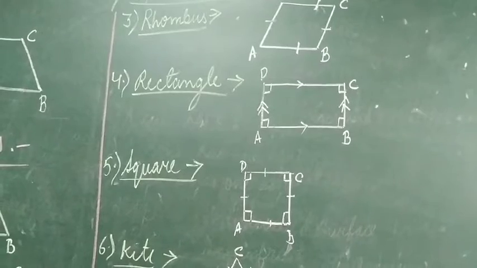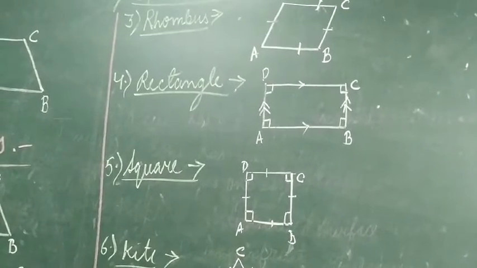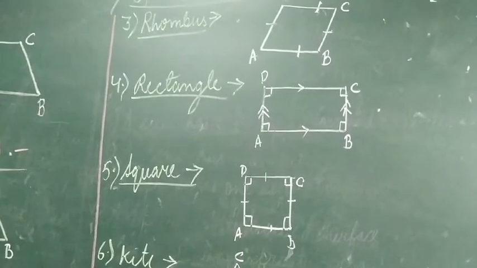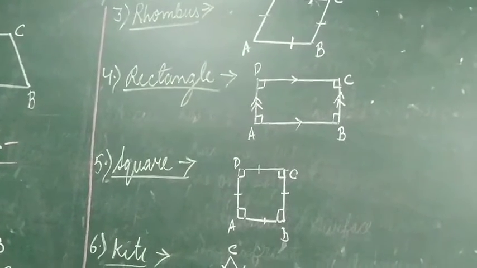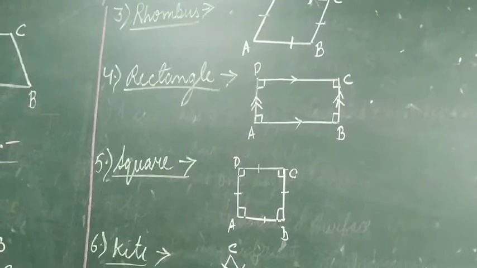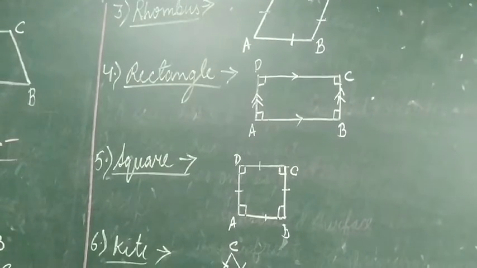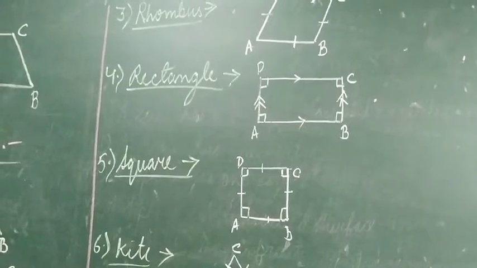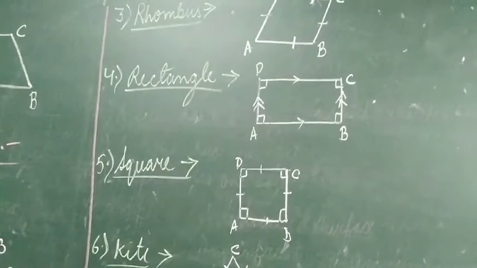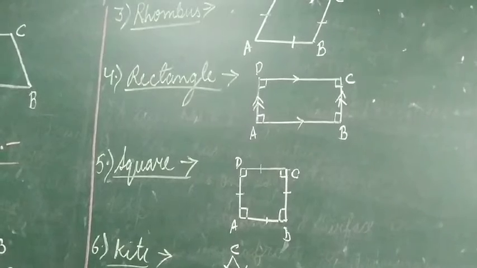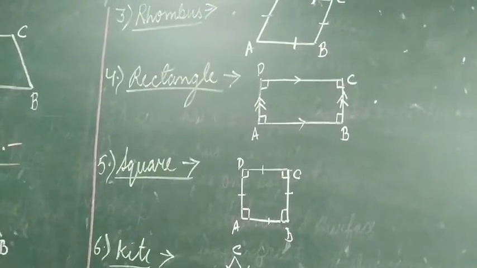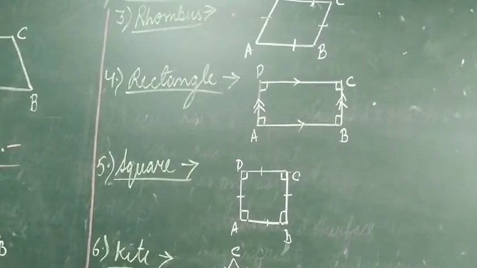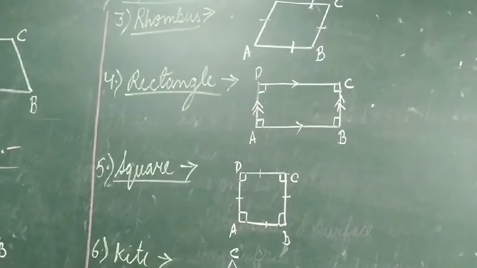A parallelogram in which each angle is a right angle and opposite sides are parallel. That means एक ऐसा quadrilateral जिसका चारों एंगल 90 डिग्री हो, angle A, angle B, angle C and angle D, all the 4 angles are of 90 degrees, that is right angle, and opposite sides are also parallel. Side AB is parallel to CD and the other pair of parallel sides is BC parallel to DA. Now come to the next